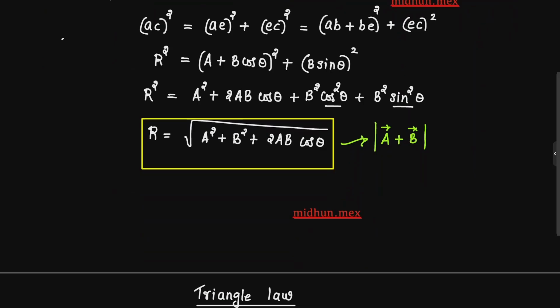If you have two forces, say f1 and f2, I will write root of f1 square plus f2 square plus 2 f1 f2 cos theta. Like that only we will find the net force. And things can be easy, because every time we cannot apply this bigger formula. So we have some special cases that we will study in our next lecture. After studying special cases, we will do some problems. By that, you can understand the parallelogram law.